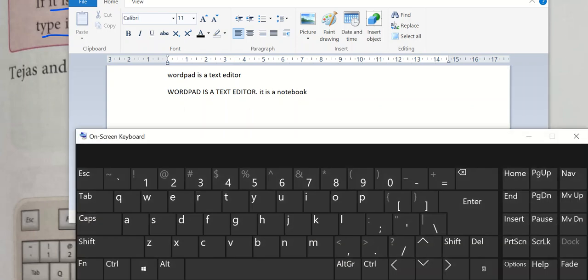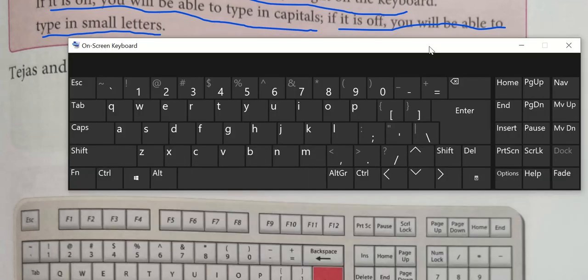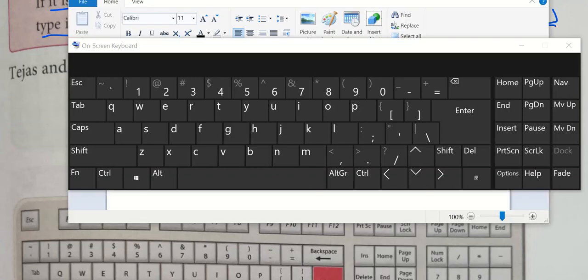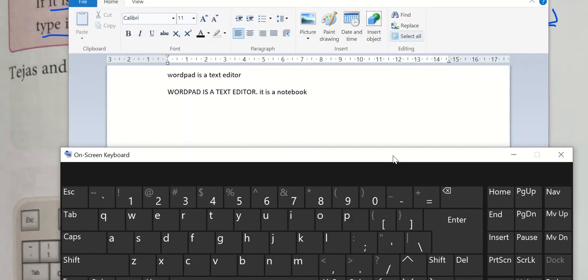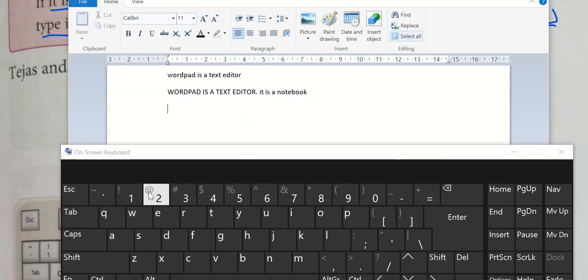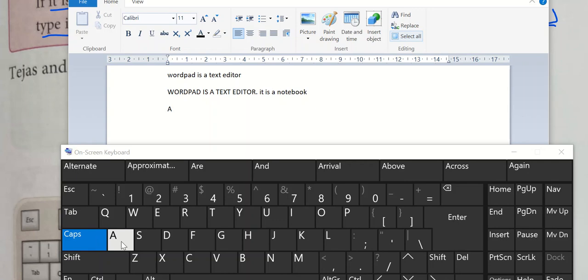Now if we want to write anything in the next line, for that I will use the enter key. Now where is the enter key? This is your keyboard, and here it has been written. Some enter keys may have such a type of symbol. This is the enter key. Enter key is basically used to go to the next line. For example, now here I am typing A. I have turned on the caps lock key, and capital A I have written. Now after that I want to write B. Now to go to the next line, what will I do? I will press the enter key.